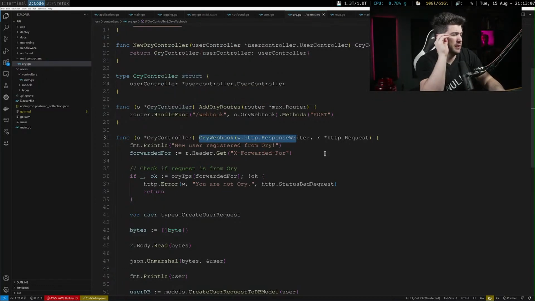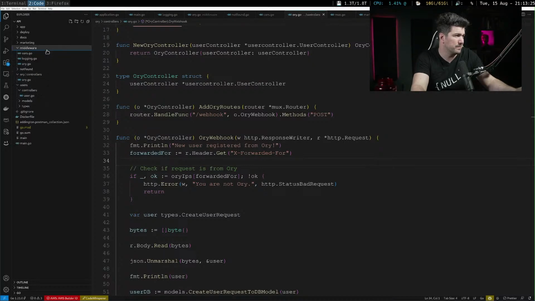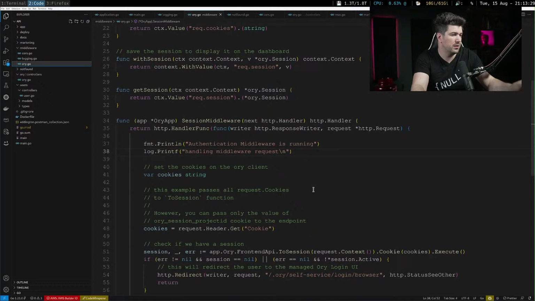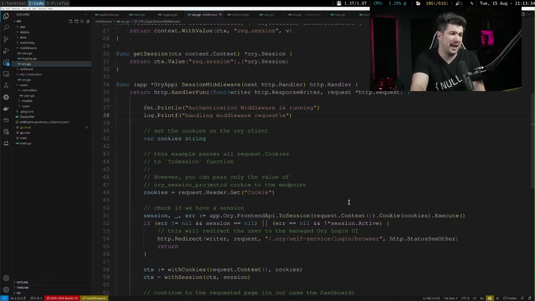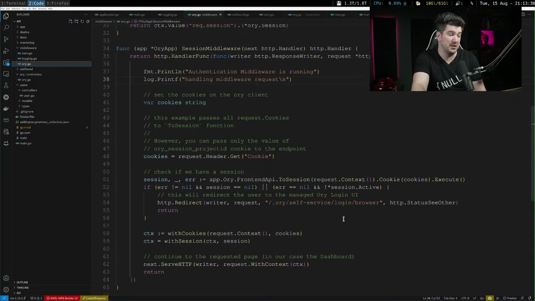So the issue is, even if we add a user, how do we know what user is making the request? And this is probably another thing that we need to do. With our Ori middleware, what I think we should do is add the Ori user information into the headers.